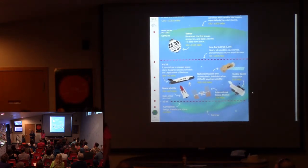So right now, it's a fairly select group of people around the world who've been able to go more than 62 miles away, going straight up. But hopefully in the next few years, that will change, and a lot of you will get the opportunity to go as space tourists. So I want to thank low Earth orbit, medium Earth orbit,